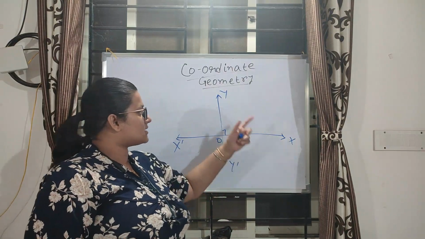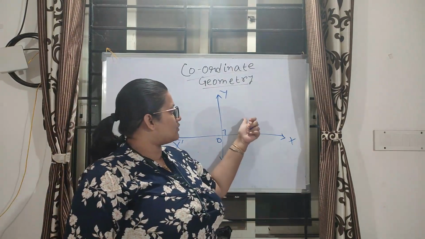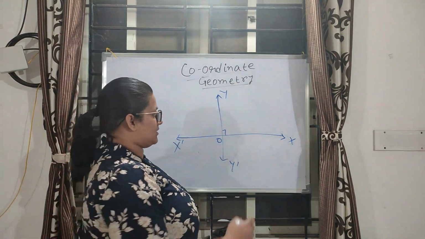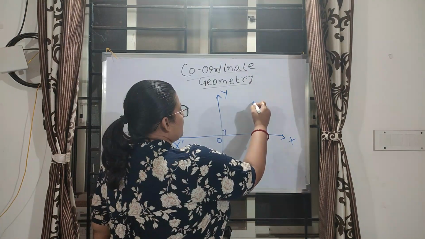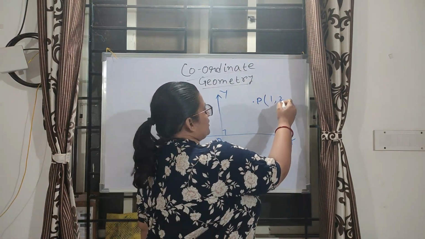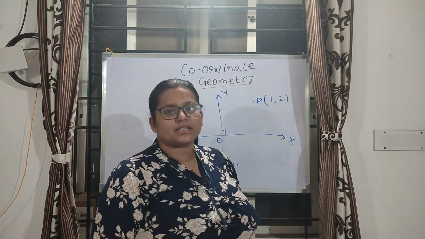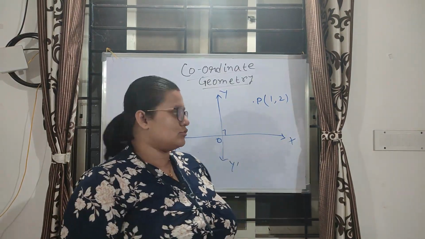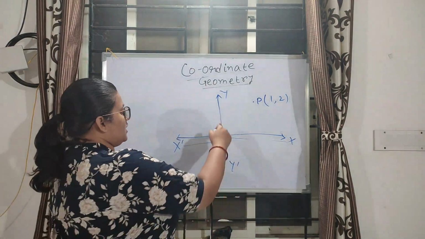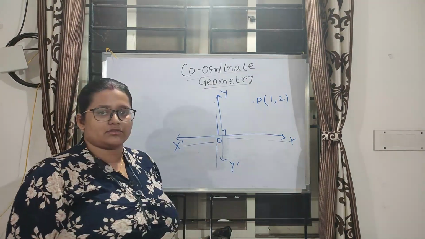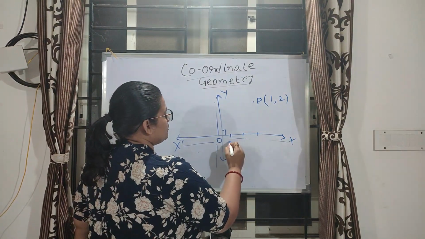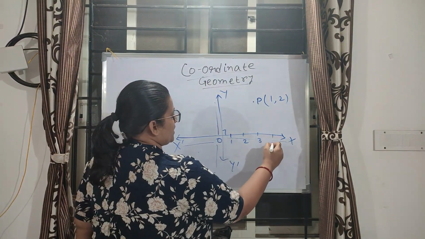So in this rectangular coordinate system, if we want to denote any point, how can we denote it? Basically we will see that first. So suppose here one point is there, P. How can we represent it through the x-axis value and y-axis value? Whatever values go from this side to this side, these are the x-axis values, and these are the y-axis values. Here I am giving the names as 1, 2, 3, 1 unit distance each, like this.